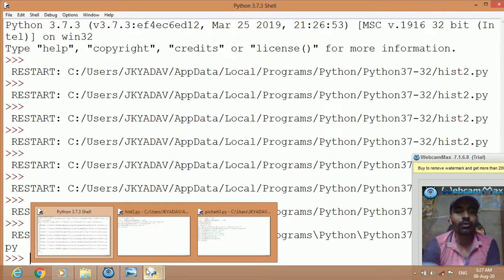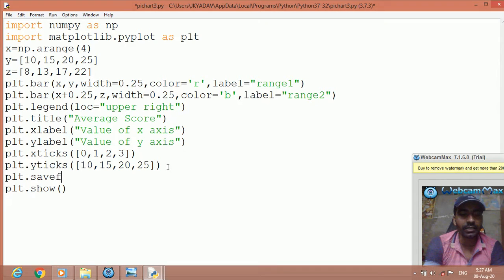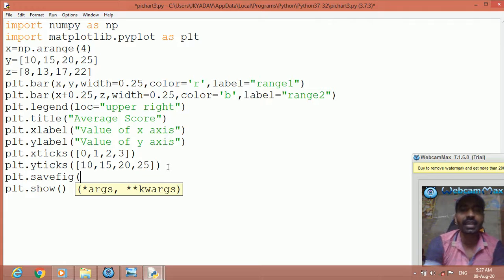So if we want to save, we open this file. Before the show command, we write the save command, plt.savefig, and this time I will save in a different format, in a different directory. Suppose I want to save in the D drive. So I will write D:, then the file name.